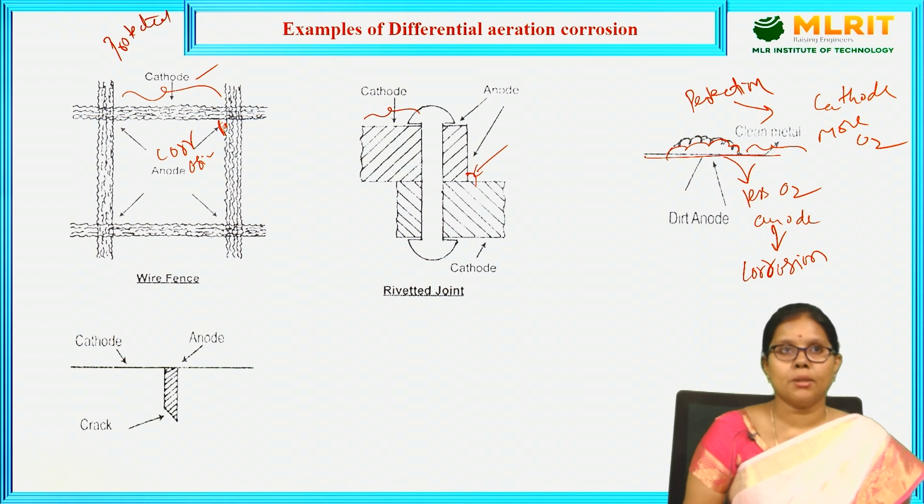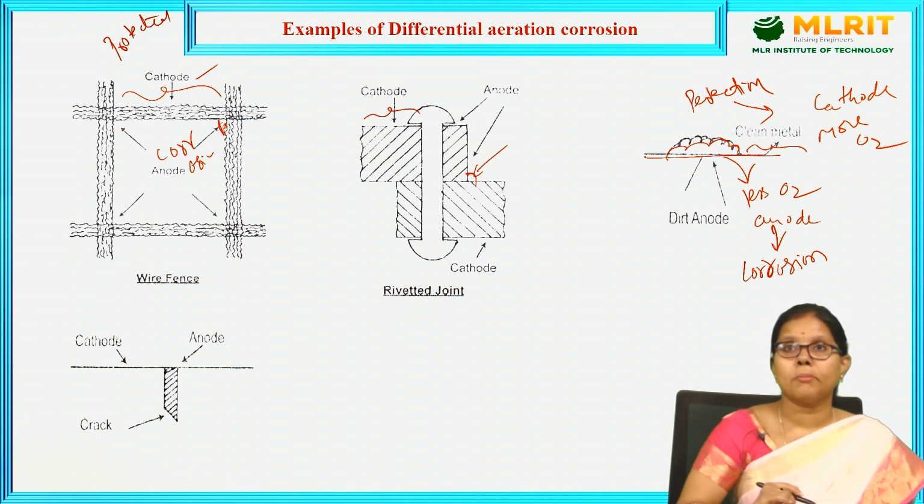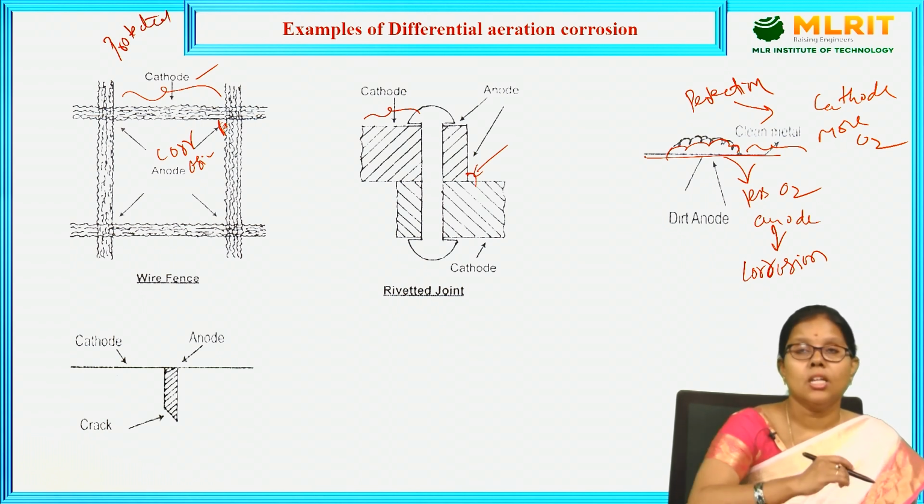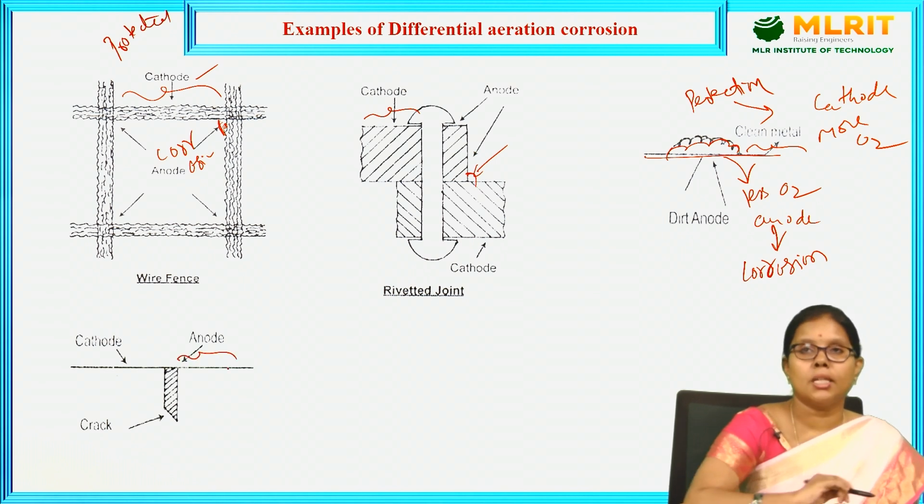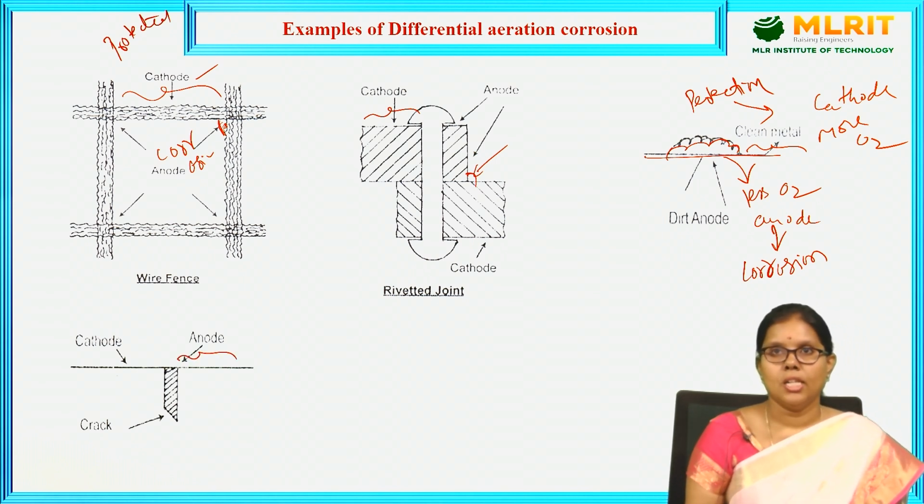This is one more diagram. The place where a metal rod, plate or box has any cracks, the crack acts as anode and the remaining flat surface acts as cathode. This is all about differential aeration corrosion. Because the concentration of oxygen varies, an electrochemical cell is generated, with development of anode and cathode. The anode is oxidized and gets corroded, while the cathode is reduced and gets protected. Let us move to the next topic.